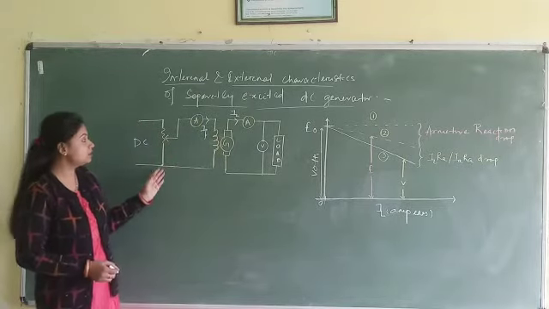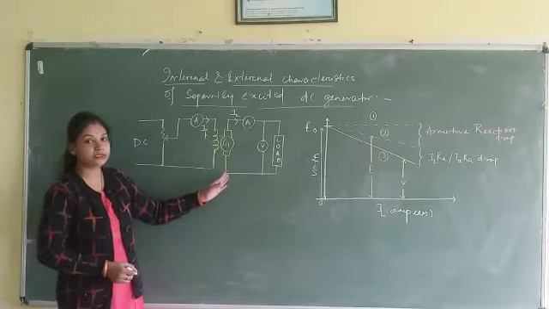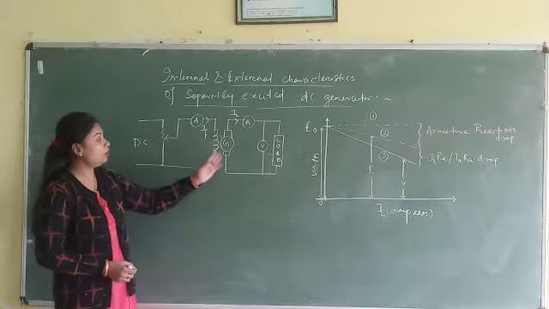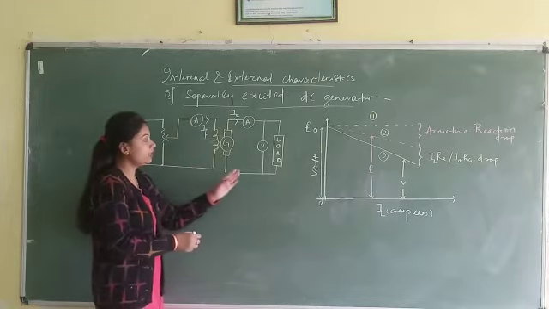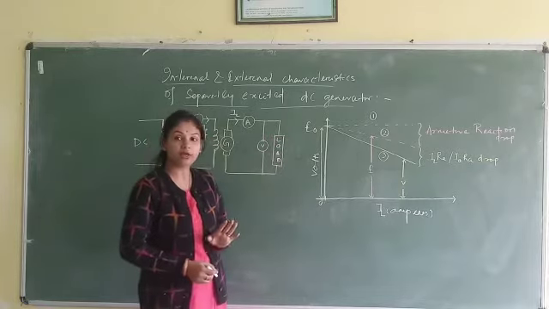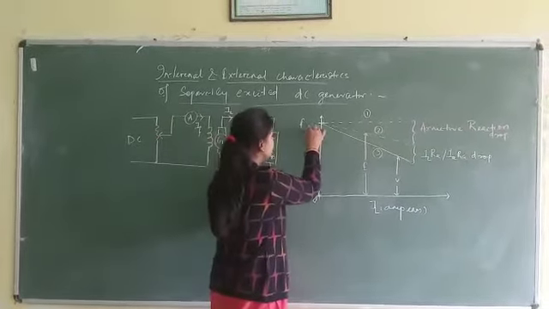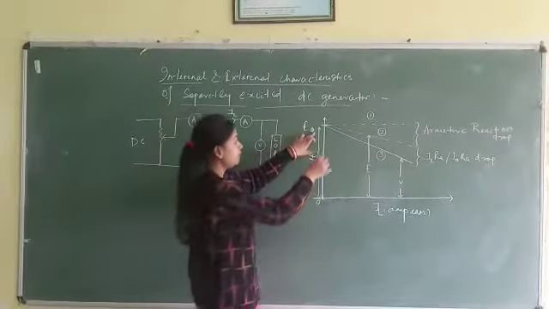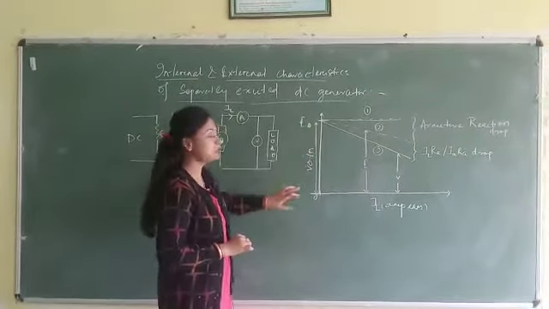For that, this is the circuit of a DC generator. This is a separately excited DC generator. A separate DC source is given to the field winding and a load is connected to the terminal side. In this situation, if we increase the load current, the armature current will simultaneously increase. If we discuss E0, that is the no load induced EMF, it is the open circuit characteristics curve. It will be a straight line. So this is E0 versus the field current.